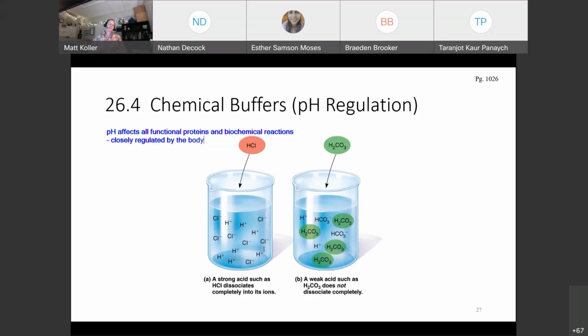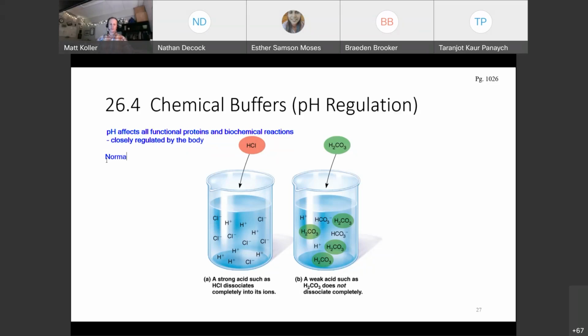And the stereotype is if you have a strong acid, then you stick a piece of metal in this beaker and the acid eats away at it because it's all reacting with it. In actuality, a strong acid means that you have a large amount of these molecules dissociating. Because in this image, all the hydrogen and chloride ions have dissociated from each other, that is technically a strong acid. And in this case, because only some of the hydrogen ions have dissociated from the bicarbonate ions, this is a weak acid, right? It doesn't dissociate completely.